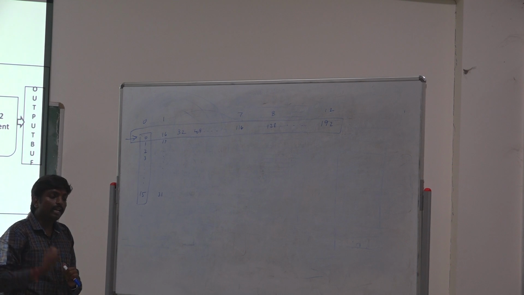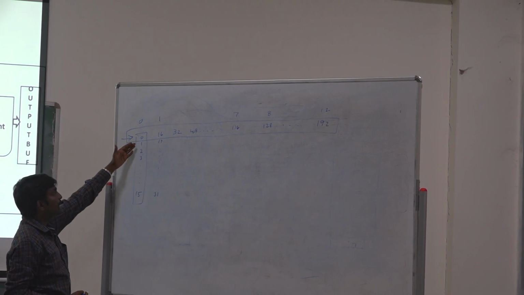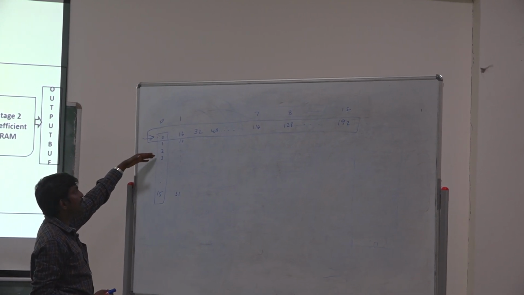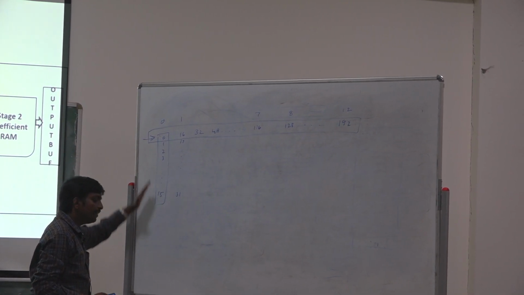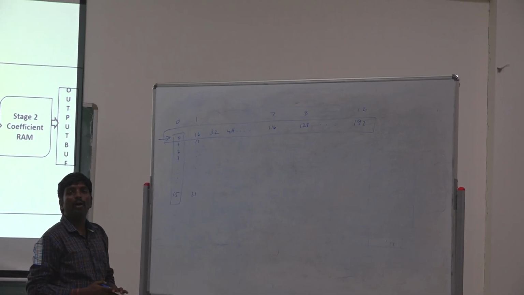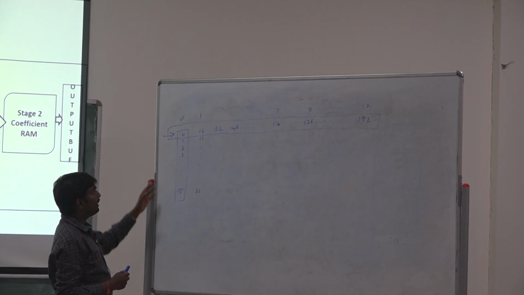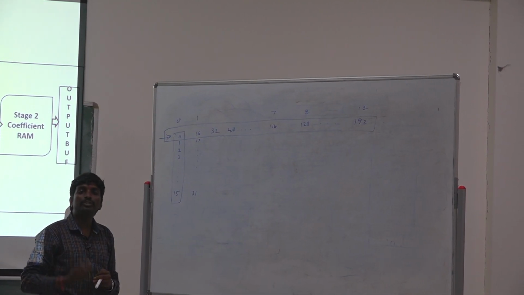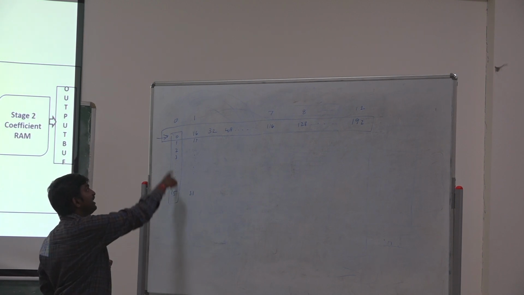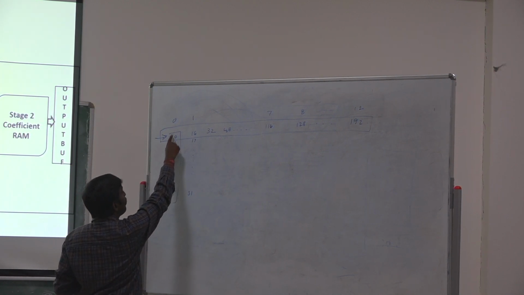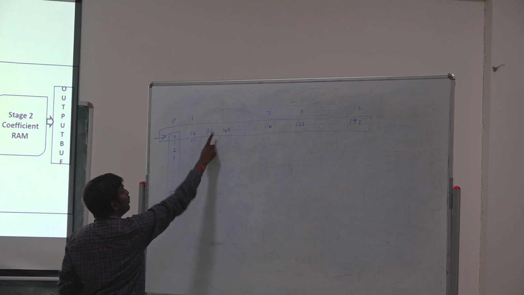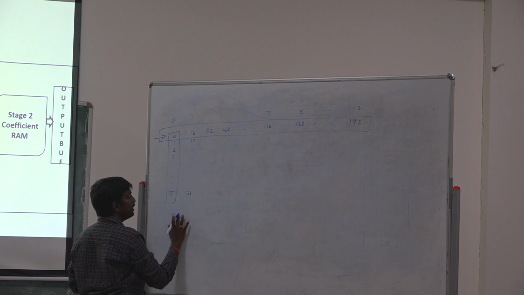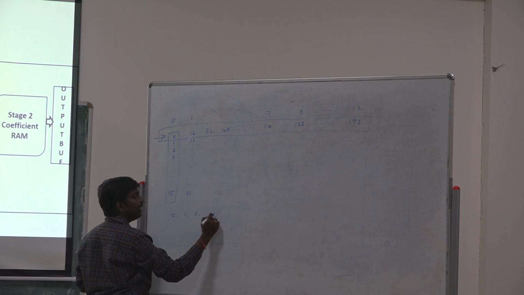It means while writing the samples, we'll write in the order 0th location, 0th sample, first location, first sample, second location, second sample, third location, third sample, like that. We can keep on going until the 199th sample. But after writing, when we want to process the signal for the FFT function, we have to read sample 0, sample 16, sample 32. So to get this address, normally the counter will start from 0, 1, 2, 3, and so on.